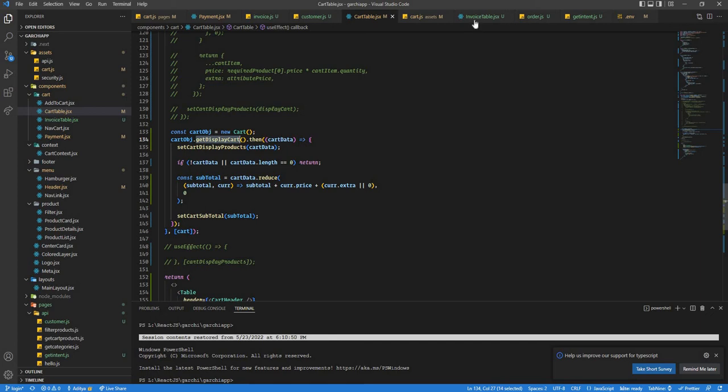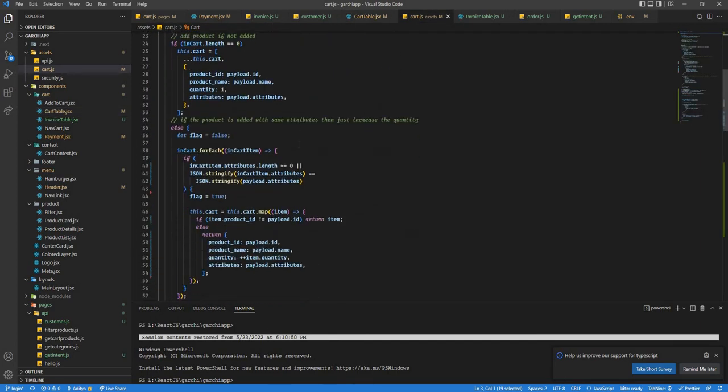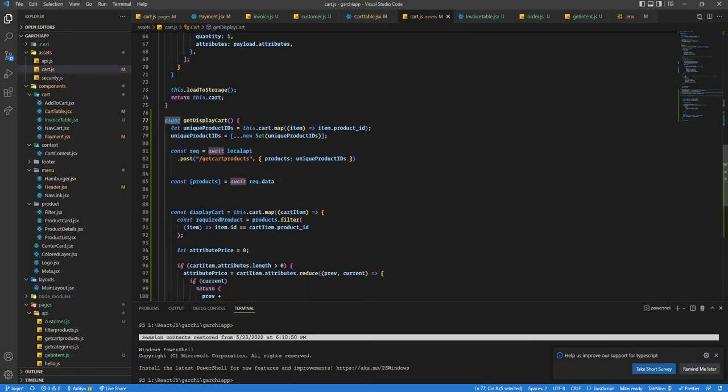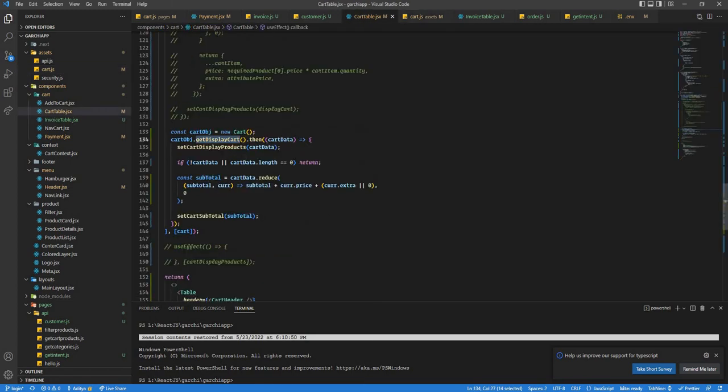This is an asynchronous function, because if I go back over here, this is an async function because we are doing some await here, as we need to make a local API call, which returns a promise,